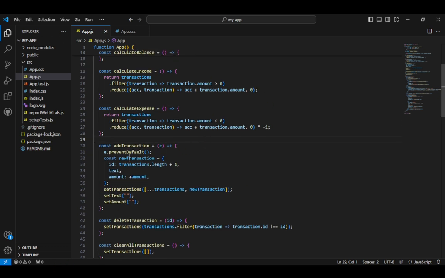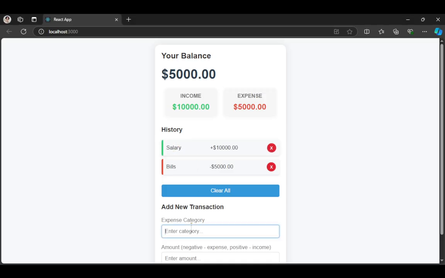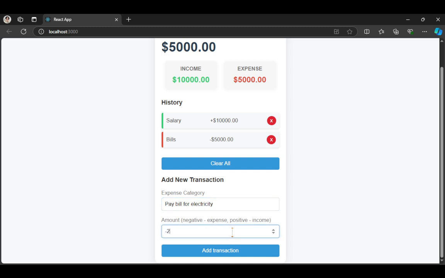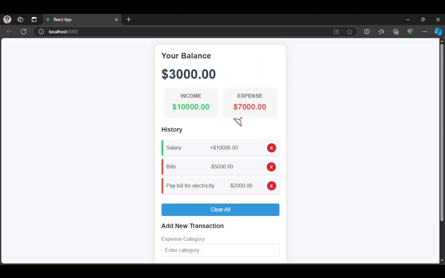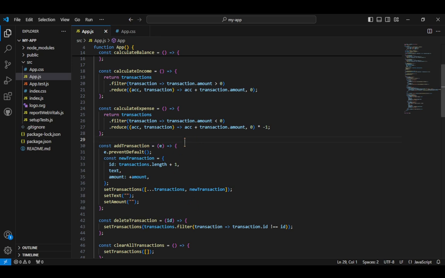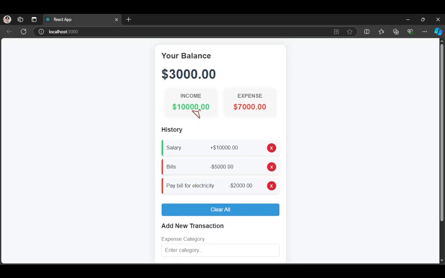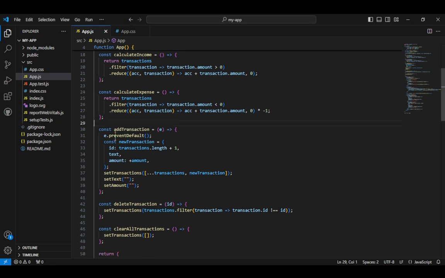So the add transaction is where you can add a transaction, like this. If you pay bills for electricity, you can add pay 2k, and it will be added to your expense, and it will be minus your balance. Then e.preventDefault is called to prevent the form's default behavior.